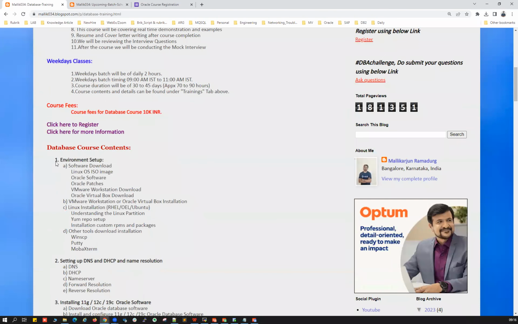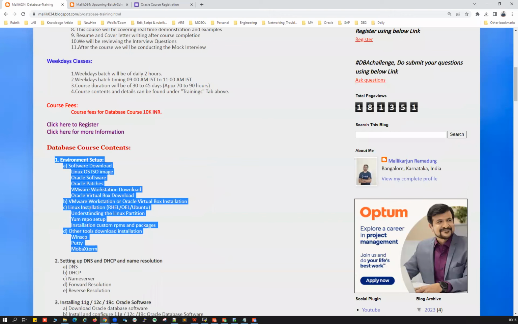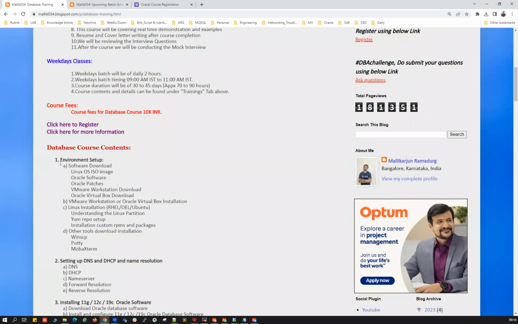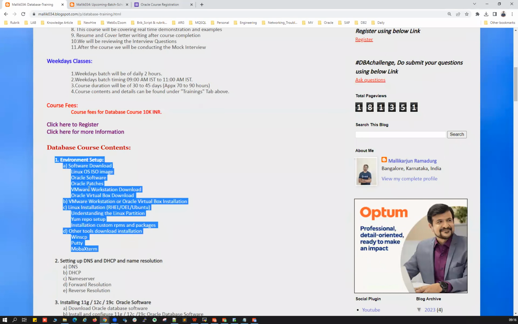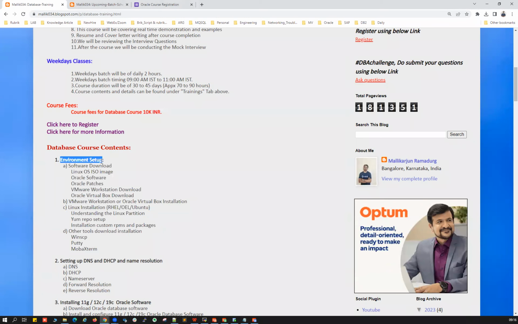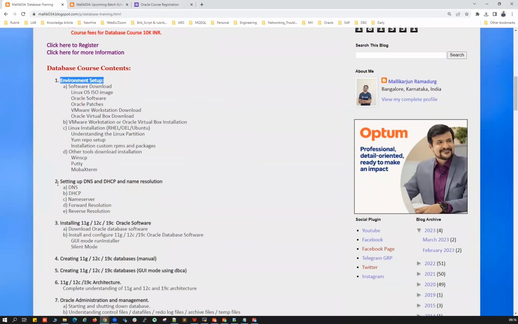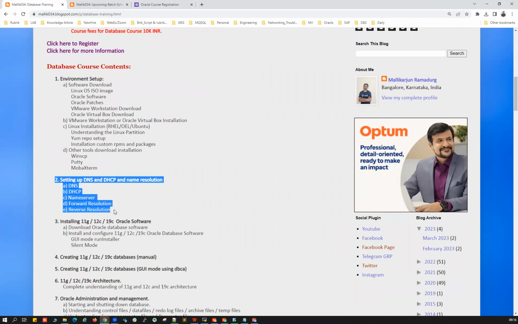We'll start with the environmental setup. Again, there are so many things. We'll understand some of the basics of Linux and environment variables and how we're going to set up and install your Linux. So much we're going to cover here, but the environmental setup includes your Linux installation, configuration, and setup, everything. Followed by networking, like your IP addresses, your netmask, your DNS, your gateways, and DHCP, and name resolution, and so many other things.